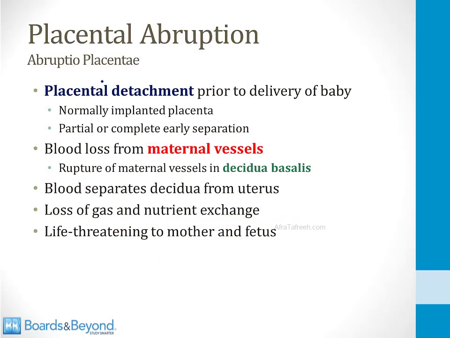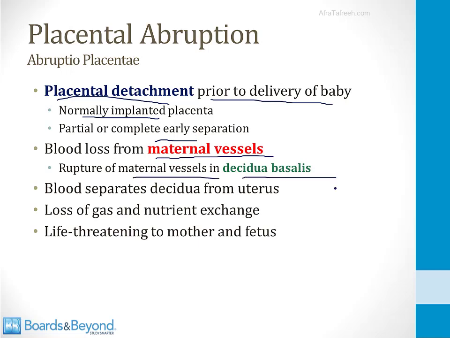Let's start by talking about placental abruption, which is also called abruptio placentae. In this condition, the placenta detaches prior to delivery of the baby. Initially, the placenta implants normally, but then there is partial or complete separation early before the baby has been delivered. It's very high yield to know that this is caused by blood loss from the maternal vessels, not the fetal vessels. In this condition, there is usually rupture of maternal vessels in the decidua basalis, and this leads to separation